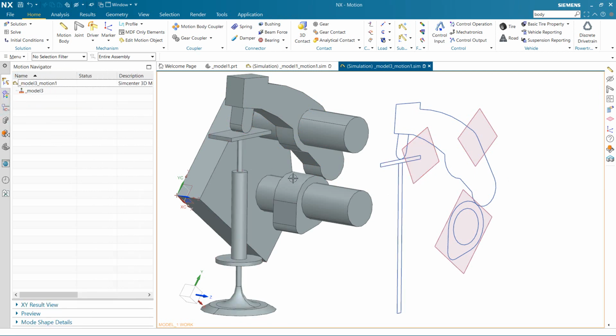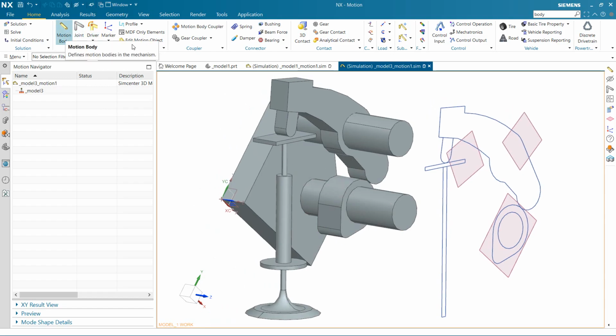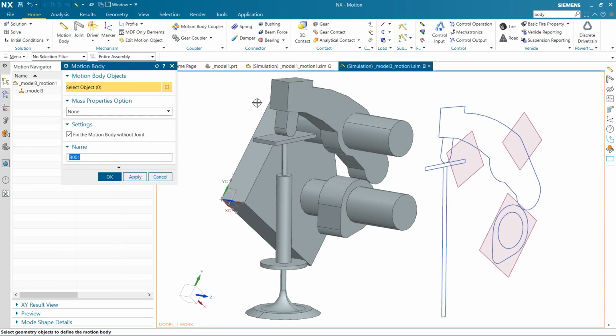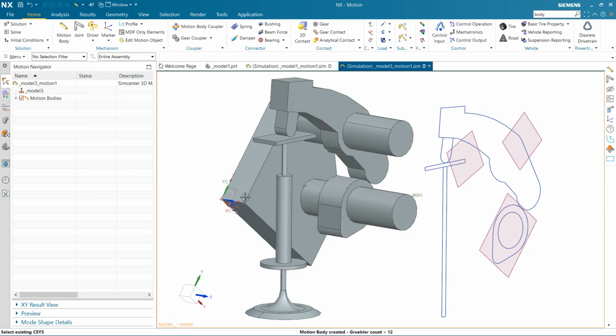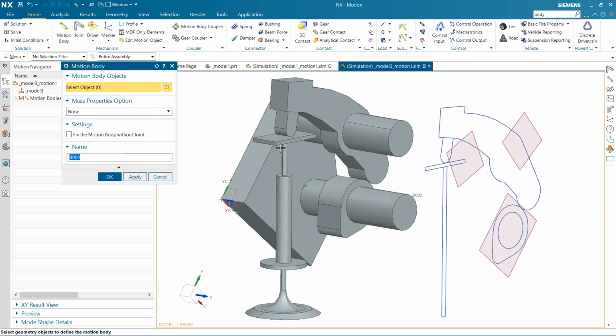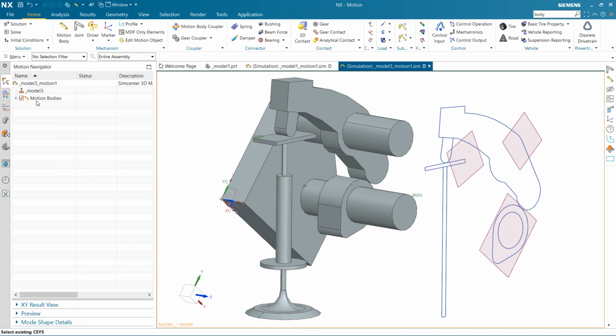Okay, so first I want to create the motion body for all things here. This is the same as the normal way that we do things. This one here, not fixed anymore. Okay, this one here, apply. If there's nothing to choose anymore, just click OK or cancel. All right, so you have the fixed joint here and three other motion bodies. That's basically it for now.